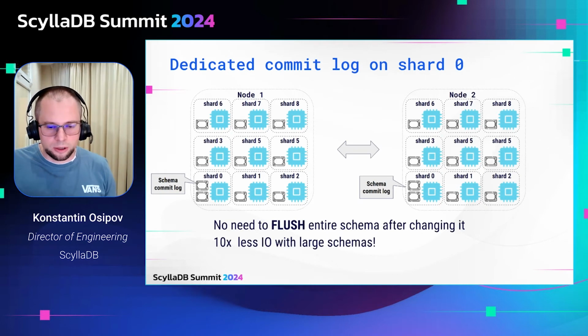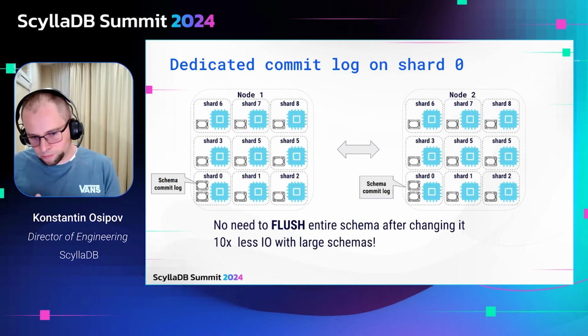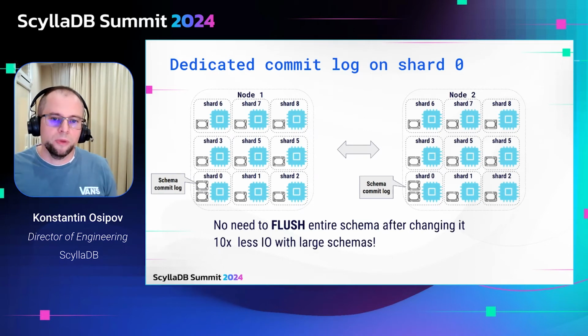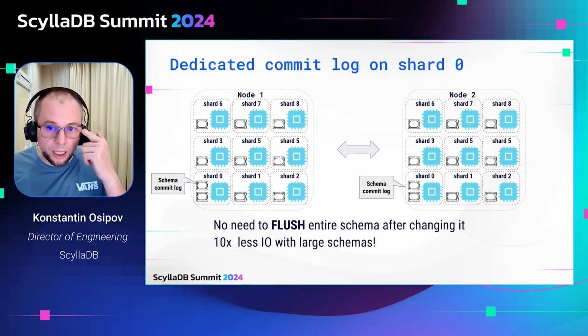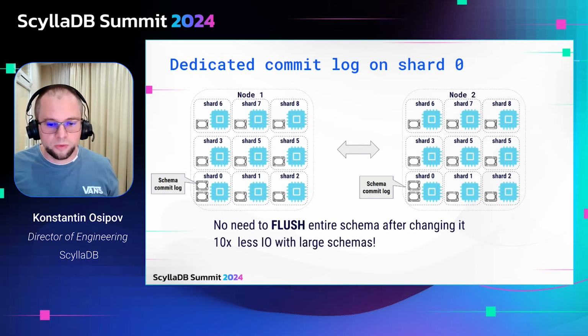It has a different segment size. It allows bigger chunks of data to be written into a single segment. For example, if you have a large definition of a table, by adjusting the segment size of the schema commit log, we allow these large definitions to be provided, and thus address the need of some of our clients who have very large table definitions. And in 6.0, we also moved the topology information. All of the topology tables that store this information are also made durable using the same schema commit log.